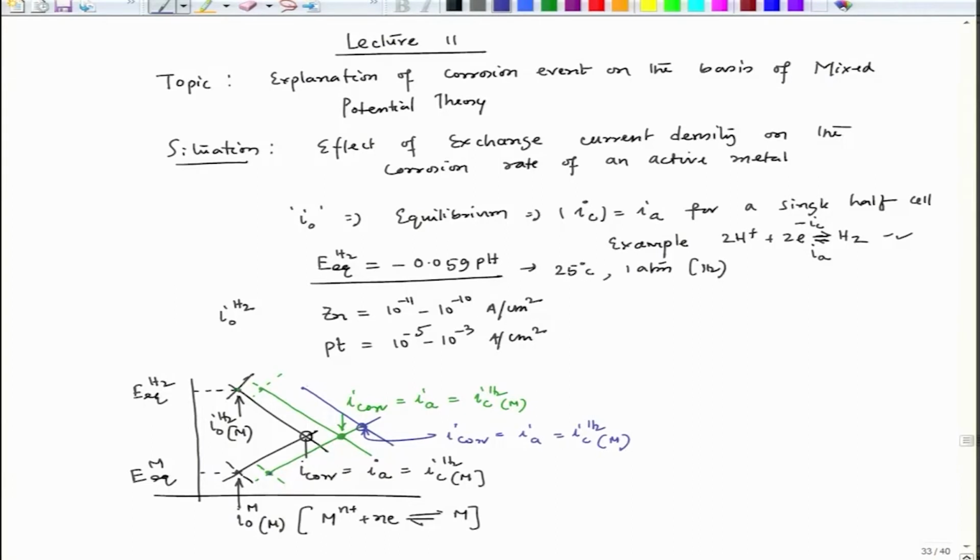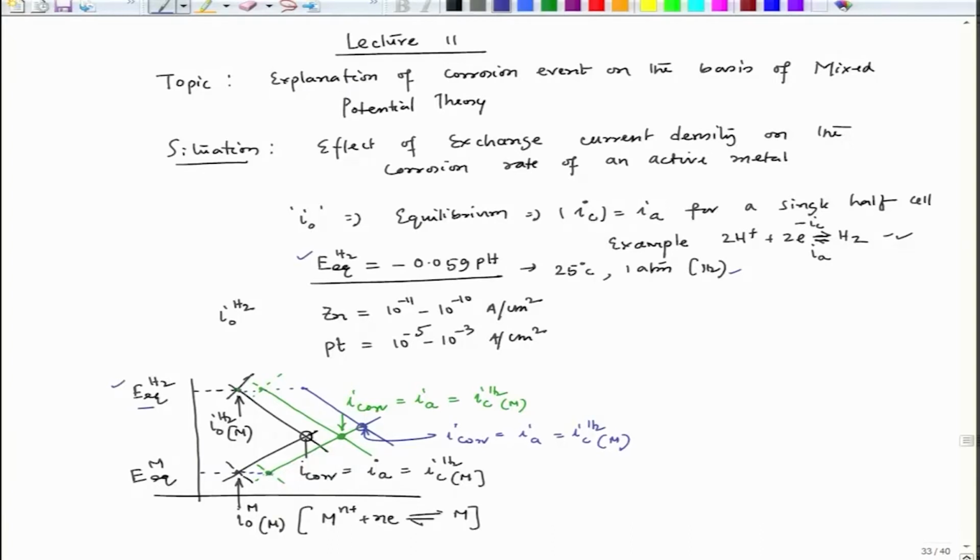So, here all the time this equilibrium potential remains fixed, and here also the equilibrium potential of the metal remains fixed, because we are considering the same amount of metal ion as well as the same pH value. So, here it can only remain like this provided H2 is maintained at 1 atmosphere, temperature is 25 degrees Celsius, and everywhere the pH is the same, for all the acids. Then this E equilibrium value will not change, because this equation says that this value cannot change.